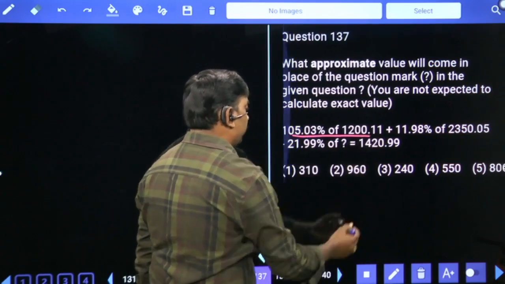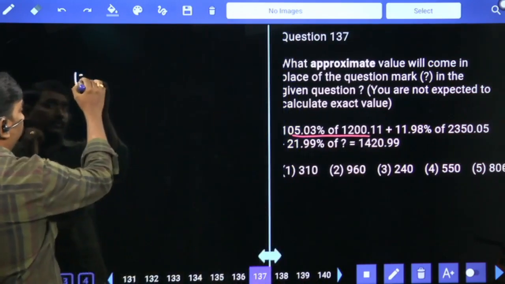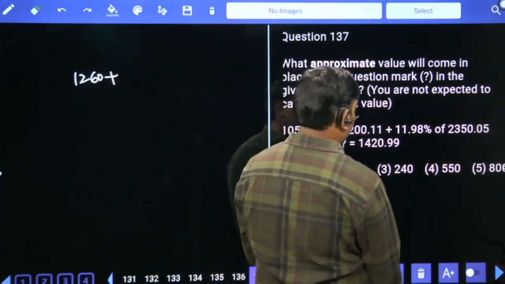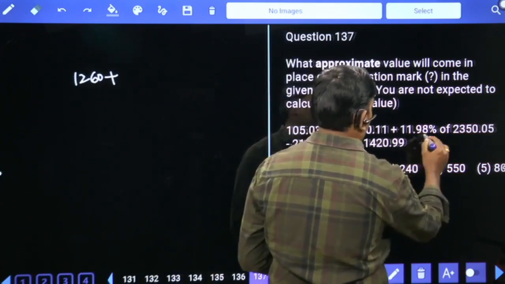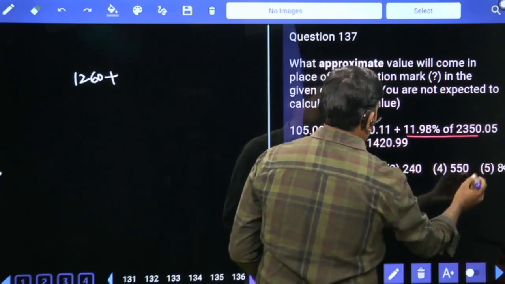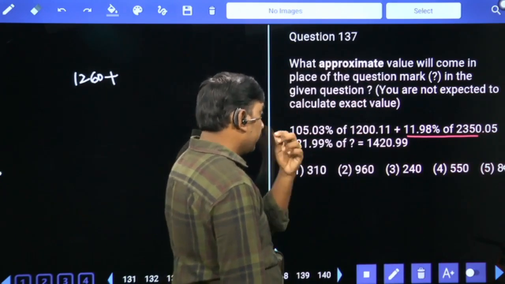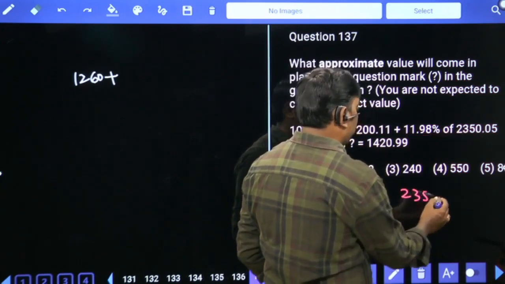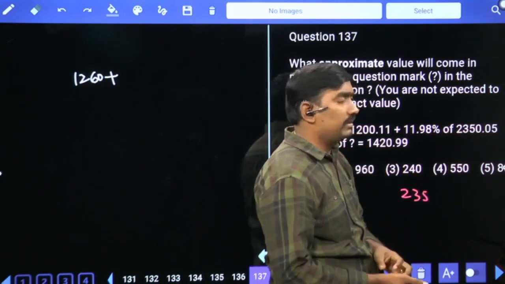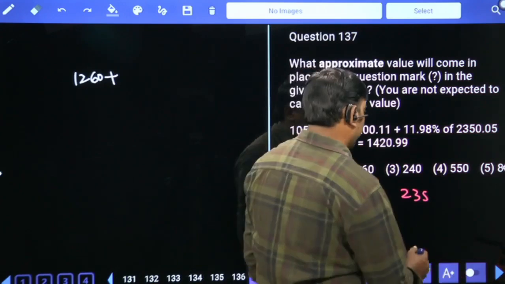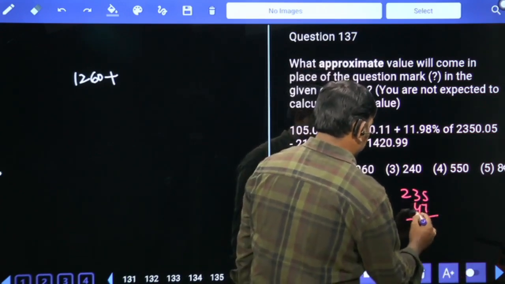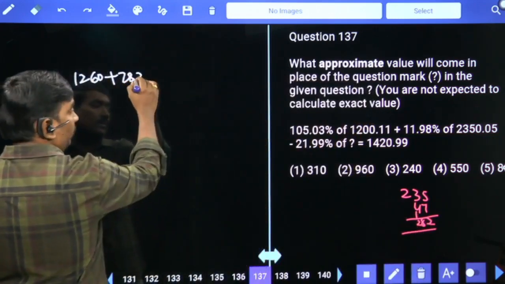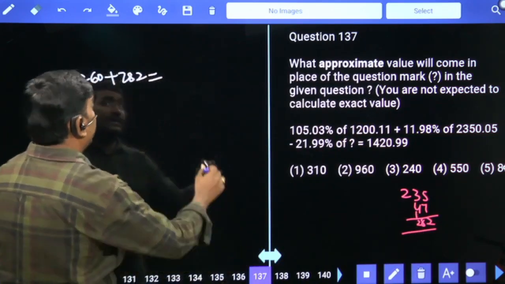105% of 1200 is 1260, plus 12% of 2350. 10% is 235, then 2% means 1% is 23.5, double 47. 12% value 282, minus